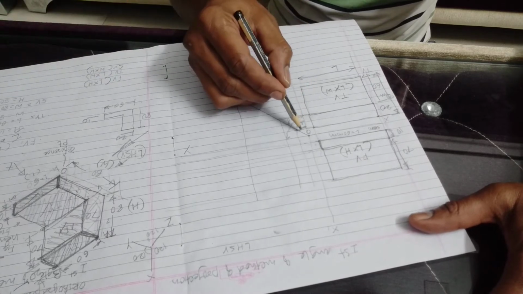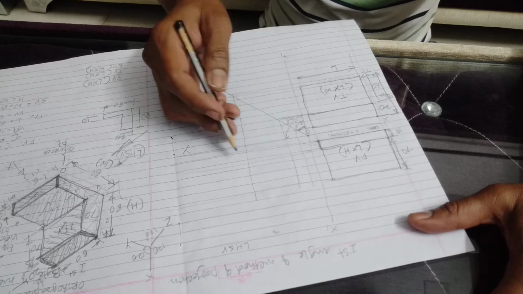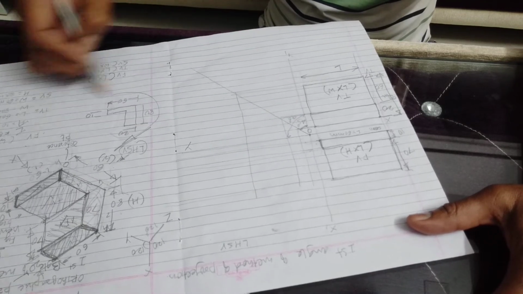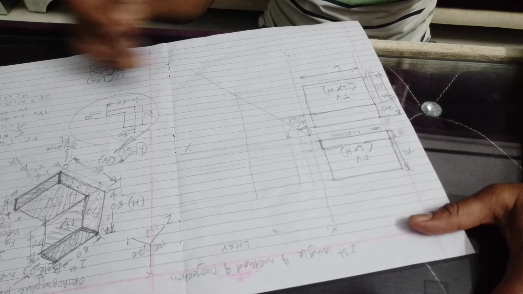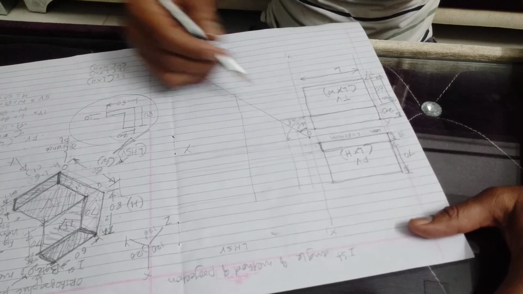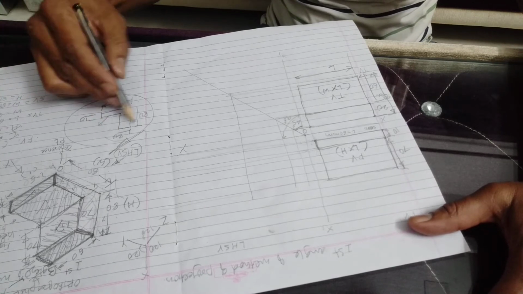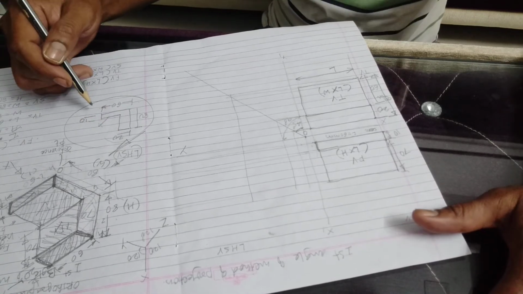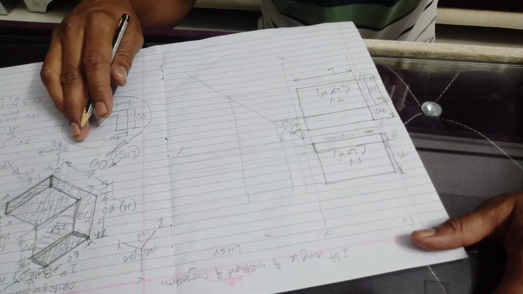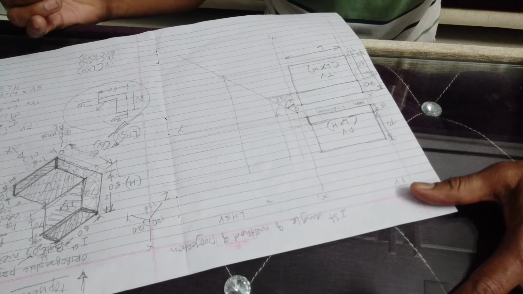So if I draw an inclined line at an angle of 45 degree, I am getting all these particular dimensions. If I draw with 60 degree or 75 degree or 80 degree, I am not able to get this true length, true dimensions. So you try at your home to see if you are getting such dimensions.